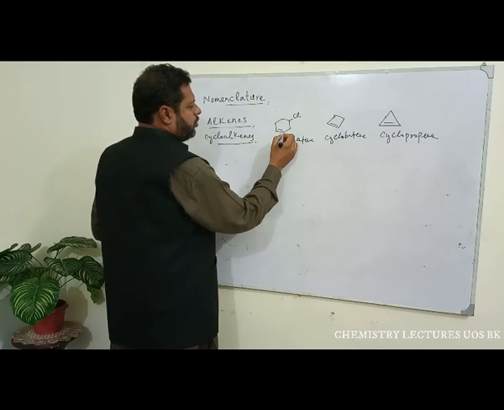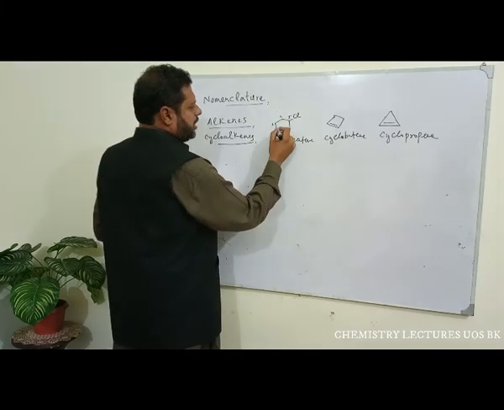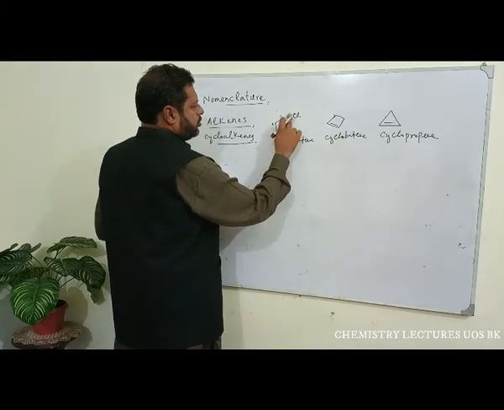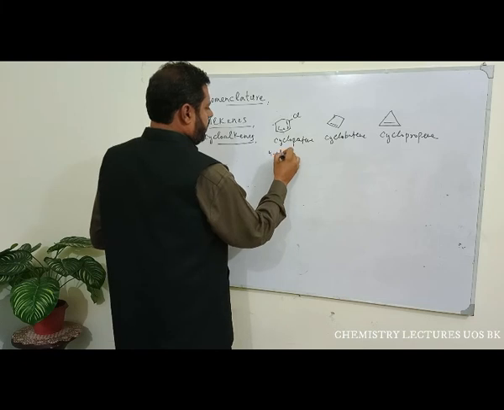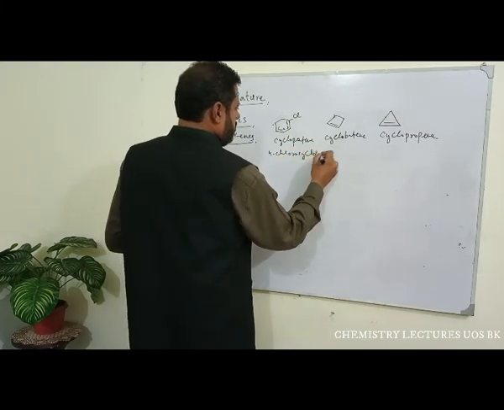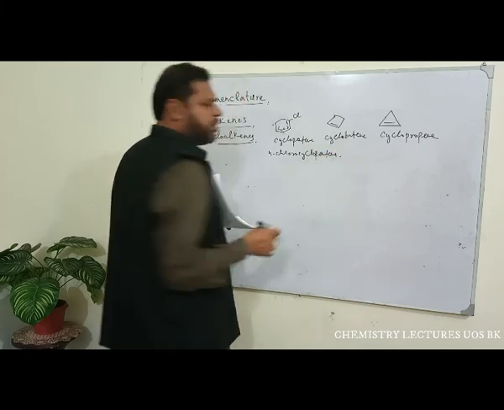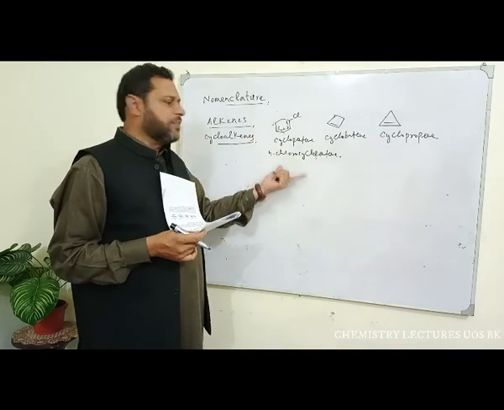For example, if we move from this side 1, 2, 3, 4, 5, and if we move from this side, it will be 1, 2, 3, 4. So this will be the actual numbering, and the compound name will be 4-chlorocyclopentene. No need to mention the position of the double bond because the double bond will always be between the first